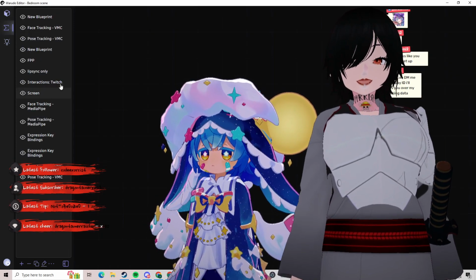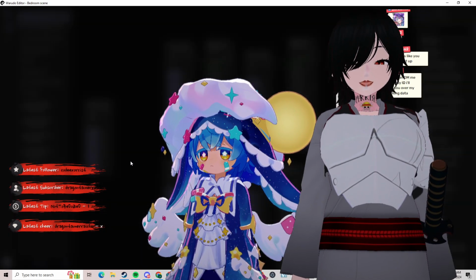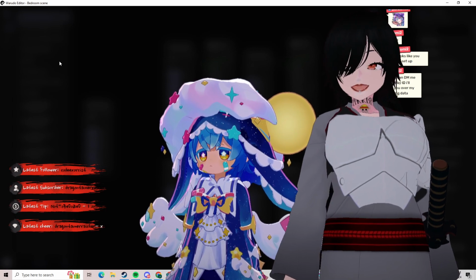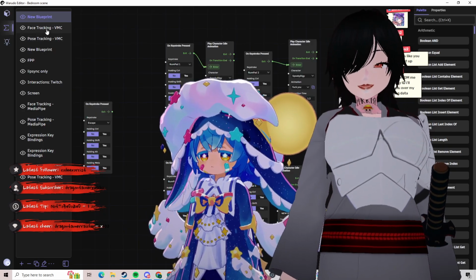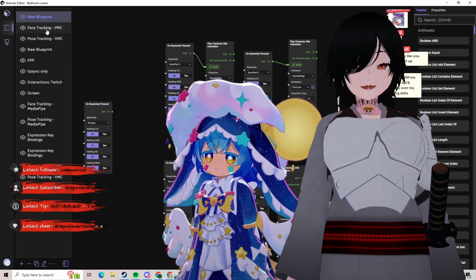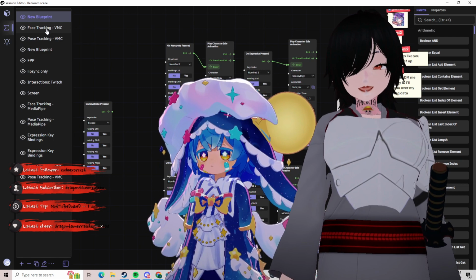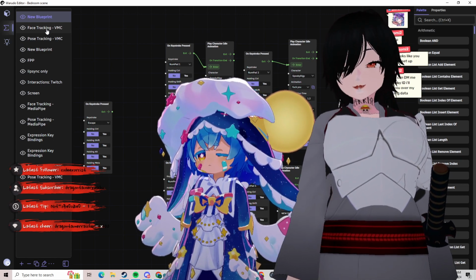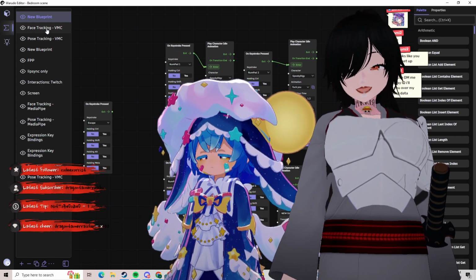So I've set it up. I have to redo the blueprint for interactions because I haven't used Warudo in months. I was testing Mikoverse, which is the Unreal Engine, and also developing my own custom Unreal Engine game where you can do commands and chat and spawn stuff.